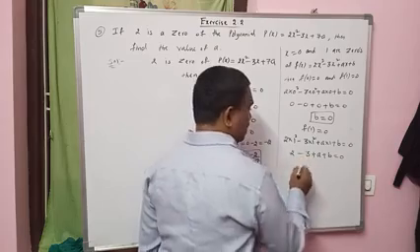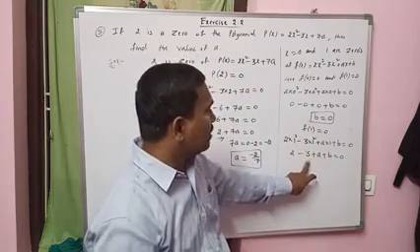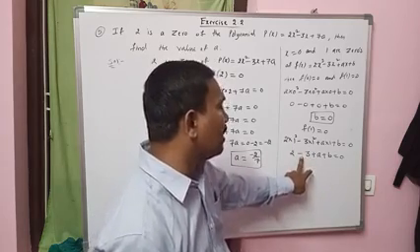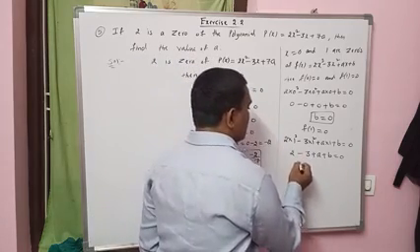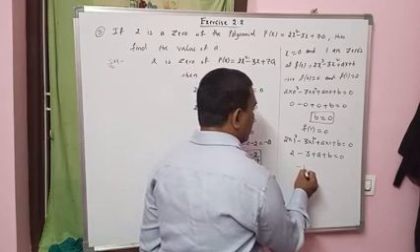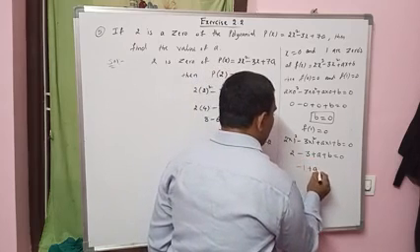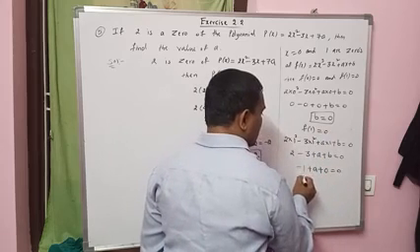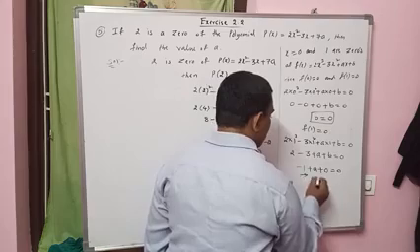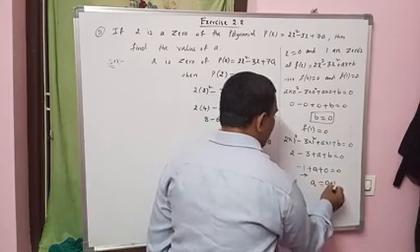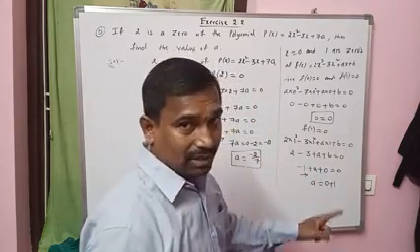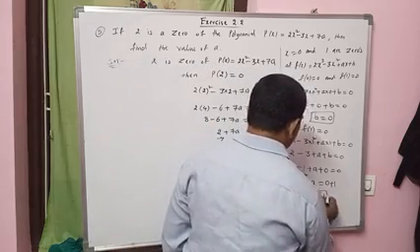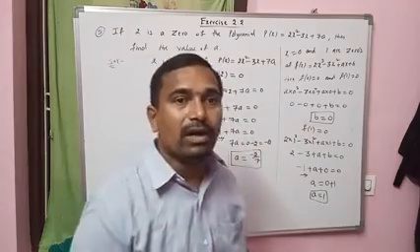So, 2 minus 3. Here, subtracting, which is bigger? 3 is bigger, and 3 has the symbol minus. Subtract 2 from 3: 3 minus 2, 1. So minus 1 plus a plus b value 0 equal to 0. Transpose this minus 1 to RHS: a plus 0 equal to 0 plus 1. Transposing minus 1 to RHS, that becomes plus 1. So a equal to 1. A equal to 1, b equal to 0.